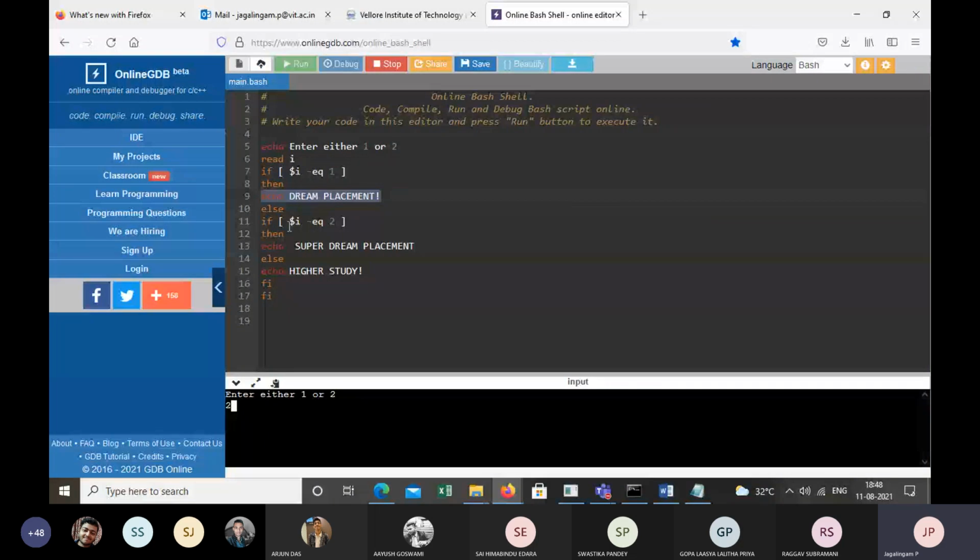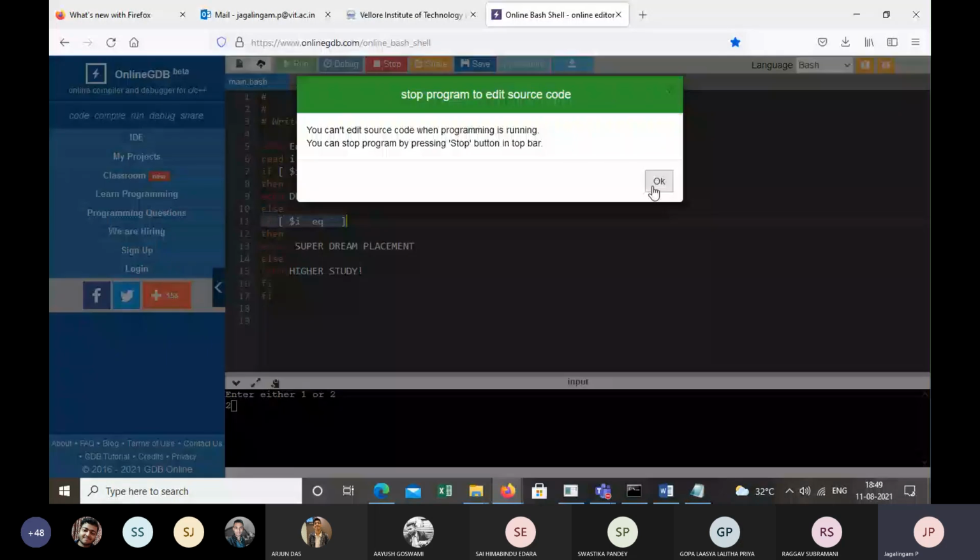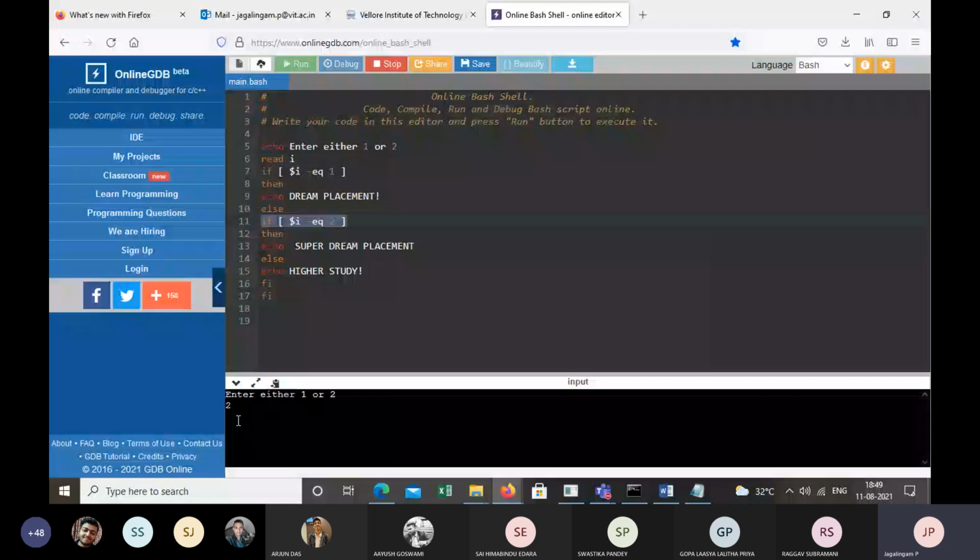So 2 is equal to 2, right? Therefore, it is going to print super dream placement. Now, if you go to the next test case, if I enter 3, then both conditions are false. 3 is not equal to 1, 3 is not equal to 2. Therefore, the else, line 15, will be executed.